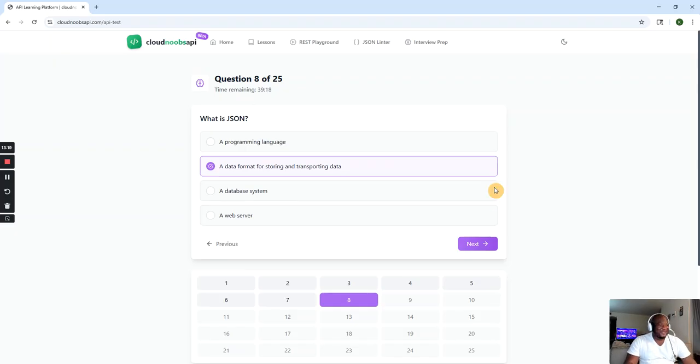Yes, man. Look, that's why I told you to visit this website, Cloudnoobsapi. It has been an honor taking this test and knowing that in real time you can be asked these questions during interviews. I'm fascinated by knowing what APIs are and working with testing with curl and creating some headers.